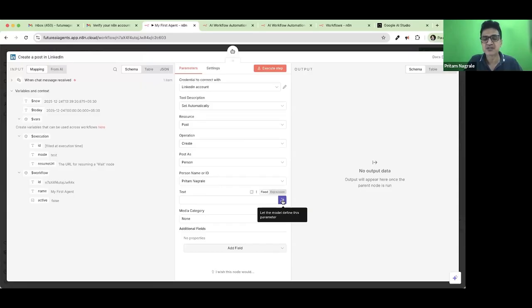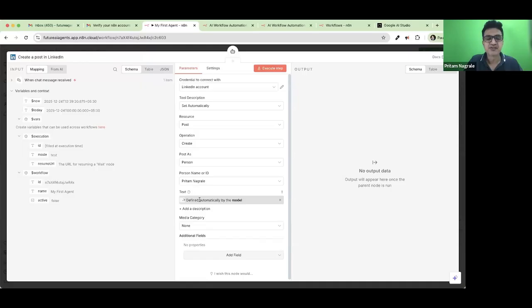Click on this star option, and you will see defined automatically by the model. It means your AI agent that you have connected with the trigger node will decide what post will go here. Now, once you do it,